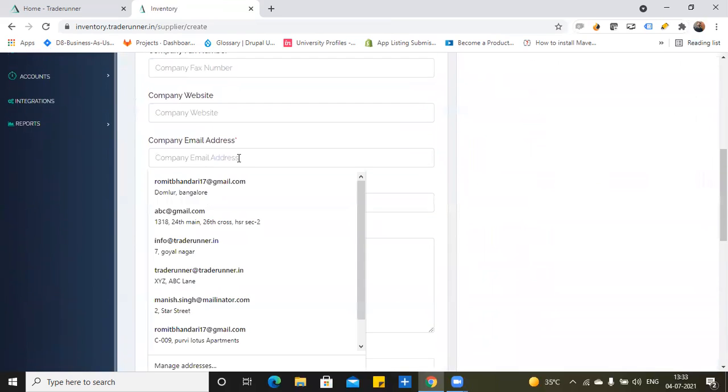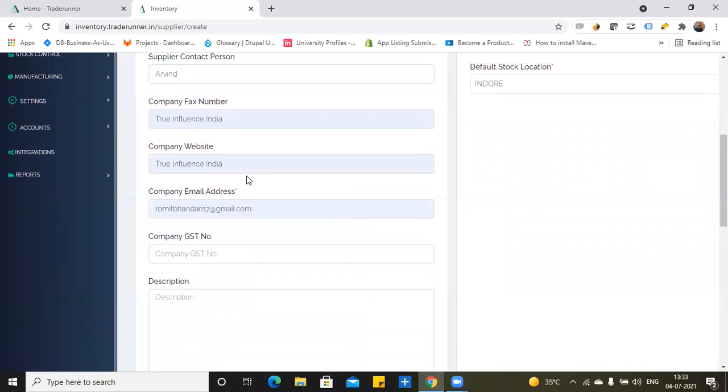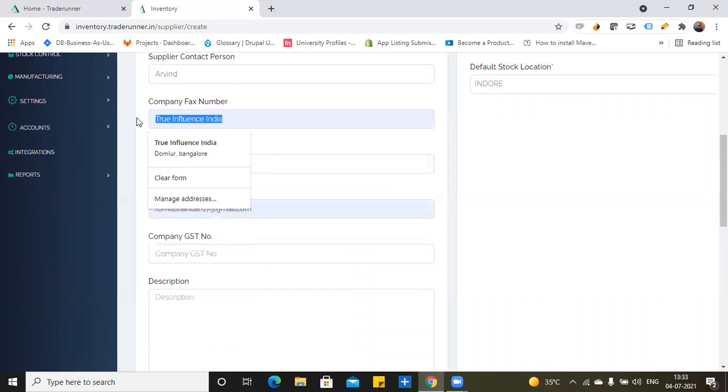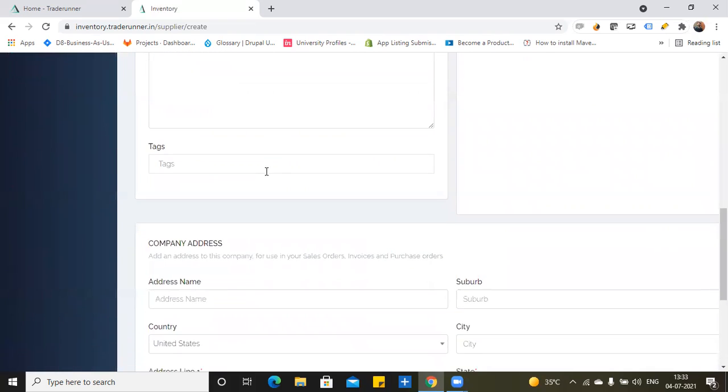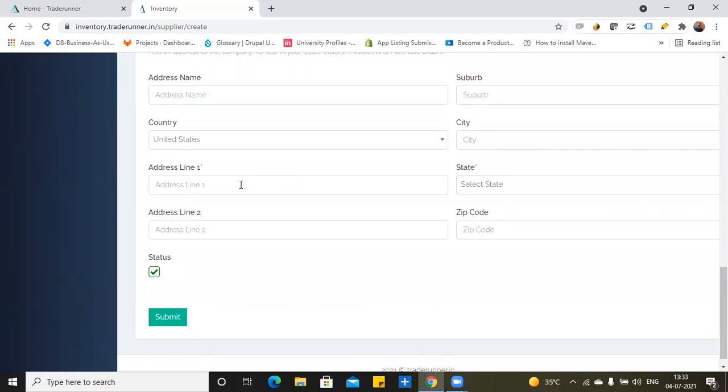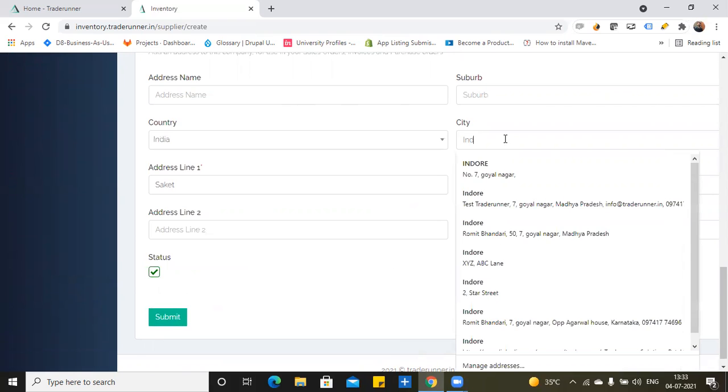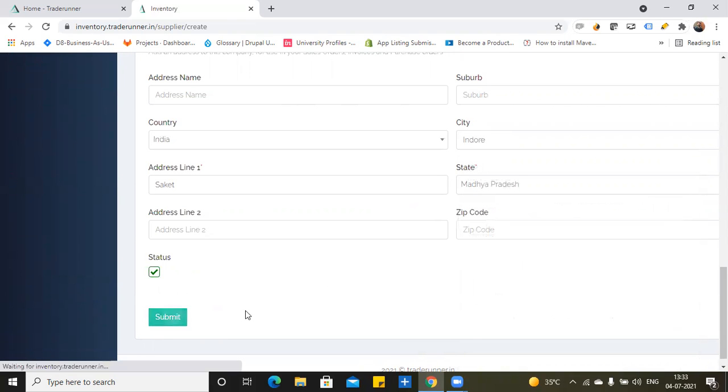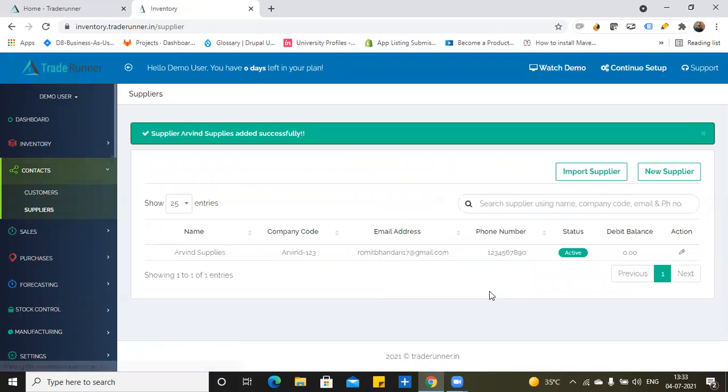The company email address, you can give, say, my email address here. And you can give the address, for example, like this, and save it off. So you created one supplier.